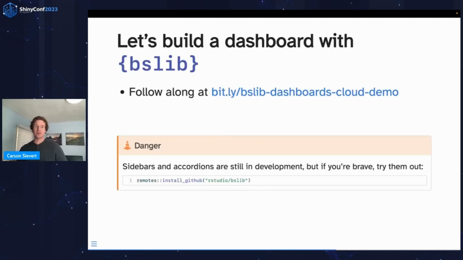All right, so I would just like to jump right into a coding demo. There's this link here if you want to get back to basically the same R script on Posit Cloud. I do want to highlight the fact that this stuff is very much still in development, especially the sidebars and accordions. They are not yet on CRAN, so you have to install from GitHub to get it. But I'm actually going to be showing you a branch currently that we don't even have on main. So there's a couple of naming differences that are still very experimental at this point.